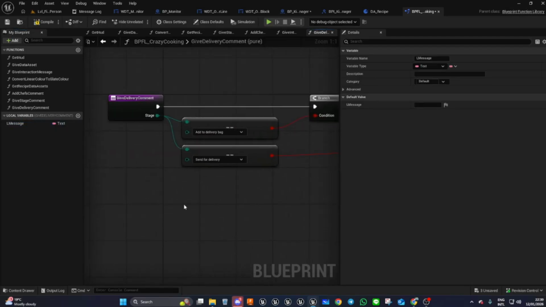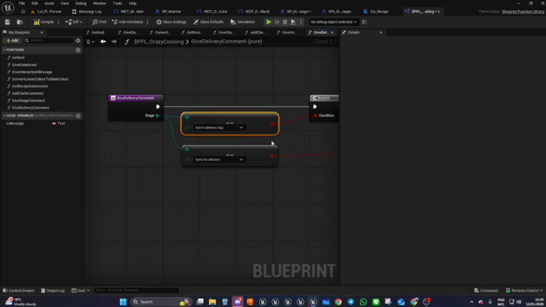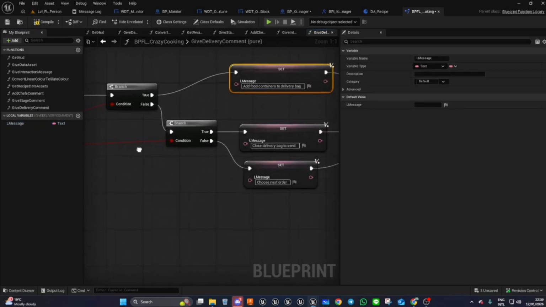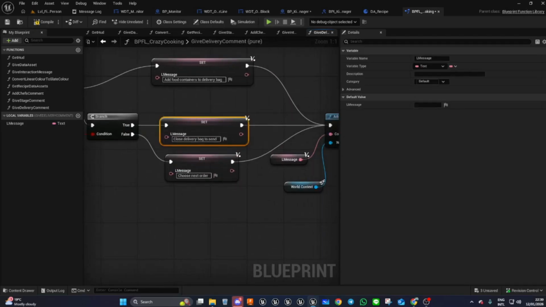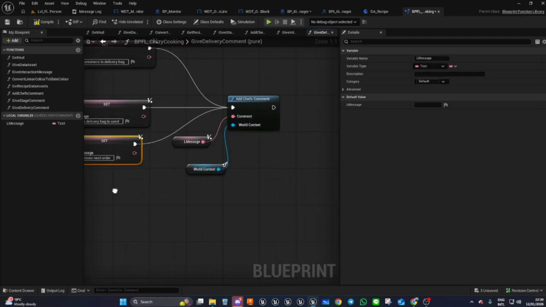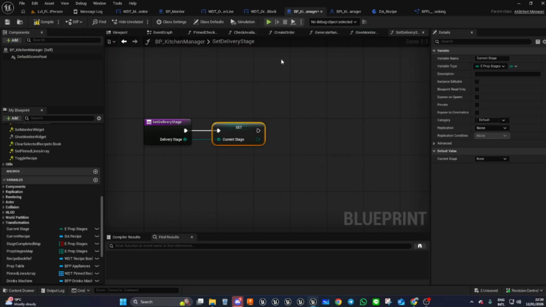So basically, this is literally, is it this one? Give us this message. If not, it checks is it sent for delivery. If it is, it gives us that message. If it's not that, it gives us that message. You can compile that back to our kitchen manager. And we then just say